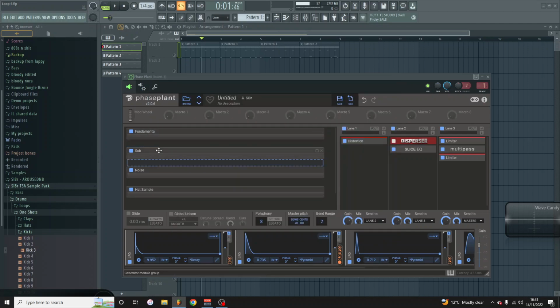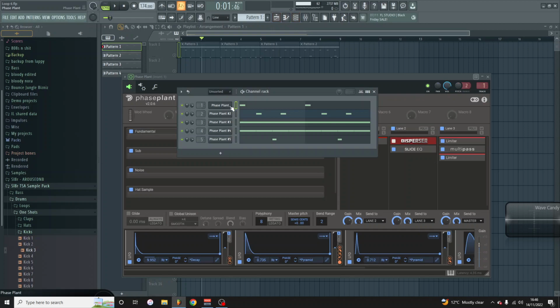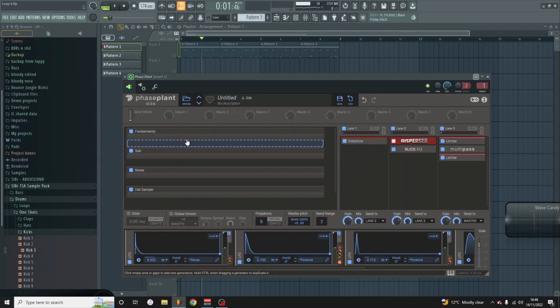So I've got different parts here. We've got the fundamental here. So this is the kick. You can see we've got the fundamental here, so I'll just mute all the bits. We've got a fundamental,